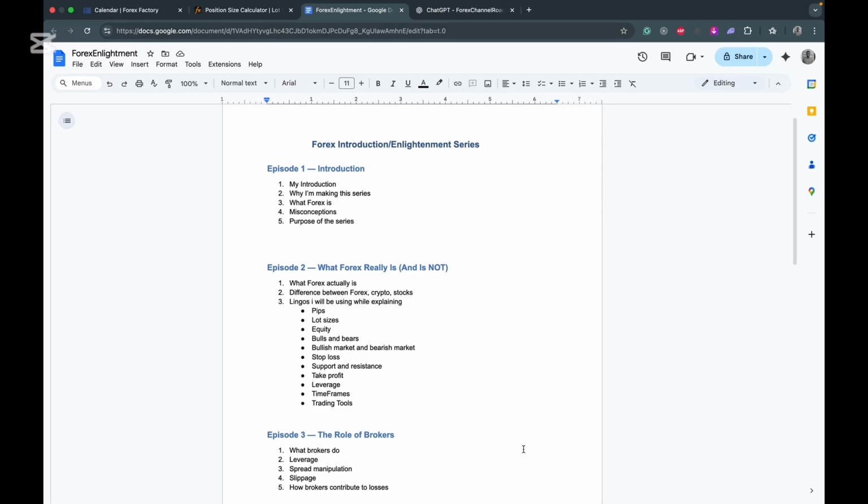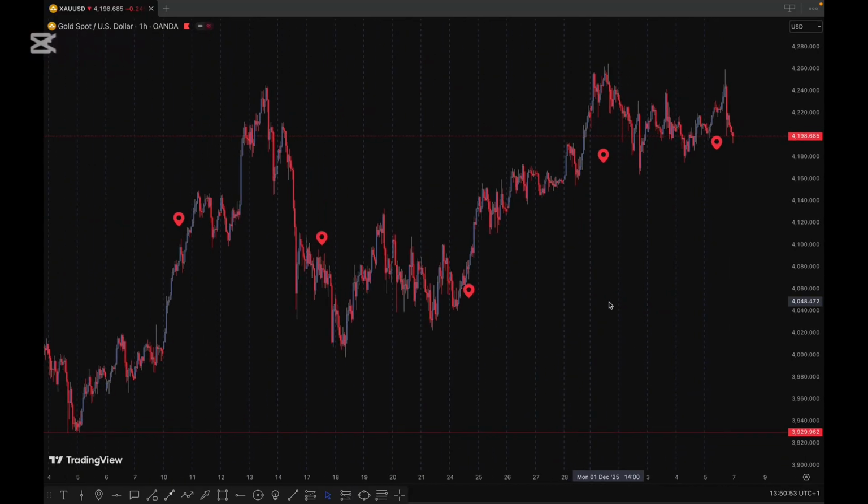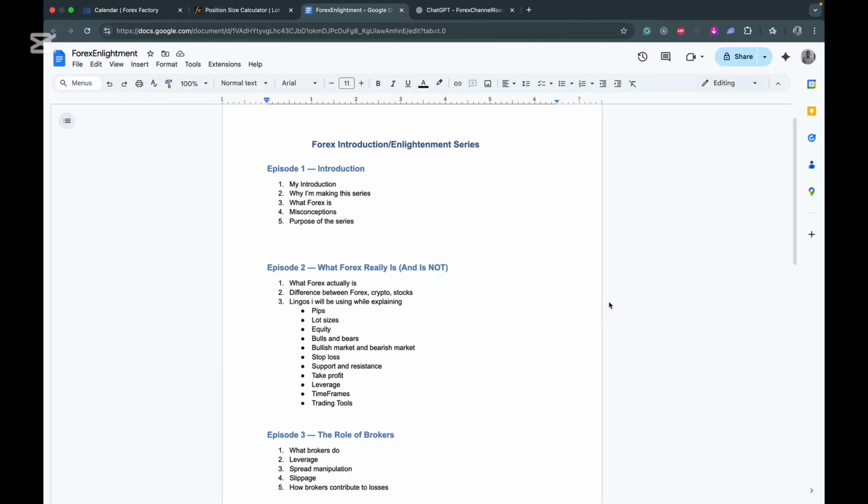By now, I think we should have that clarification regarding what Forex actually is, that is, when using the term Forex as a tag to a particular trader. When you say Forex trader, these are traders that trade Forex currency pairs. Gold or commodity traders are different from Forex traders. Crypto traders are different from Forex traders. Stock traders are different from Forex traders, in as much as we all reference the chart interface, which is what you're seeing now. So let me just do a recap on everything that we discussed